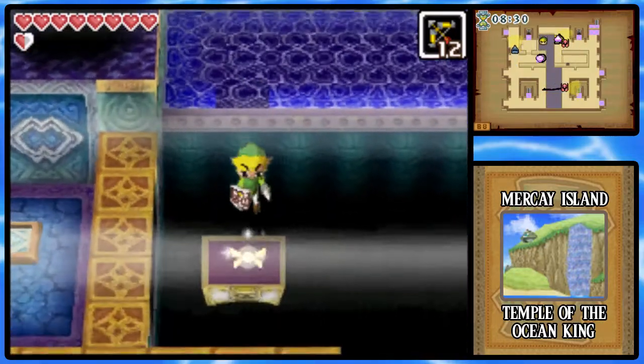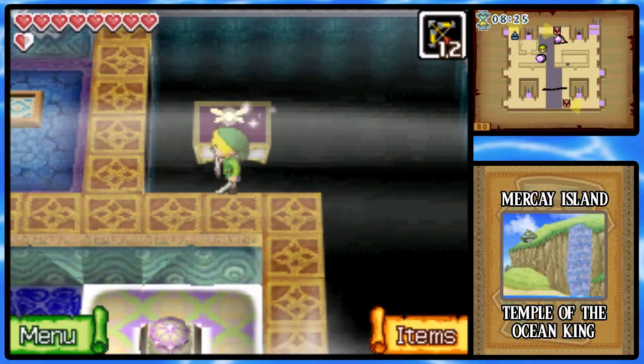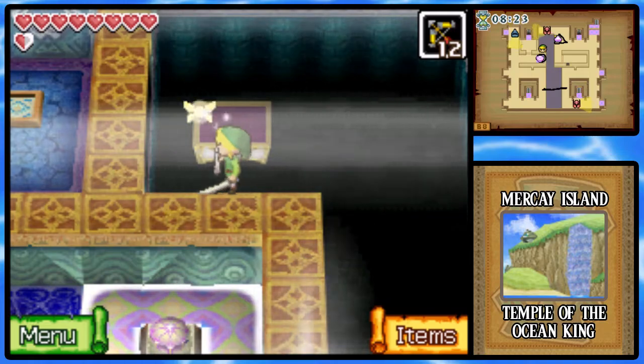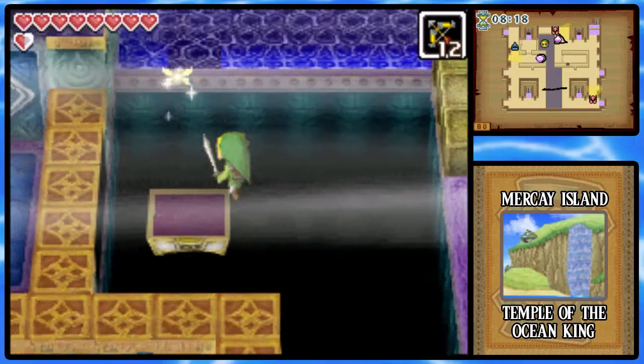Oh man, he's coming. Crap. Alright, I'll just hide here. The way you can tell that there's like an invisible path... He's gonna see me, isn't he? No, okay, good. The way you can tell is how...